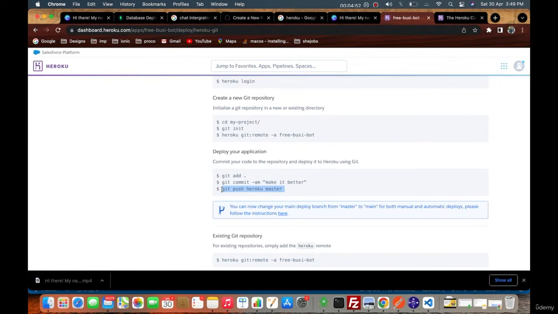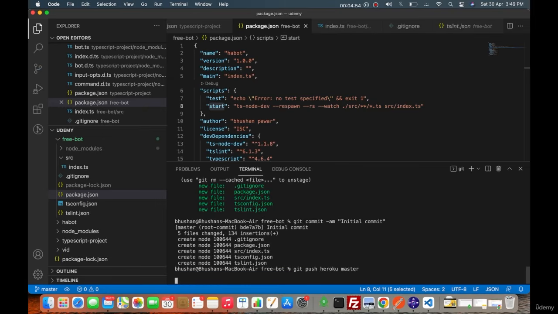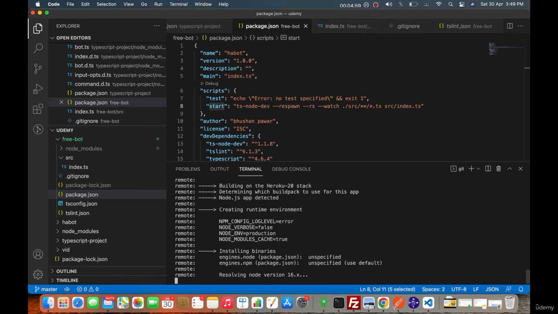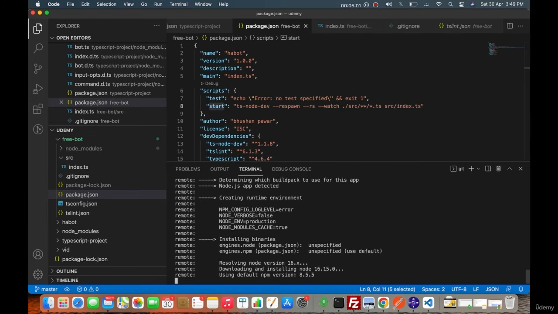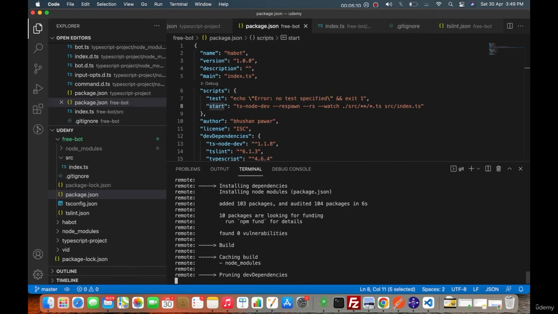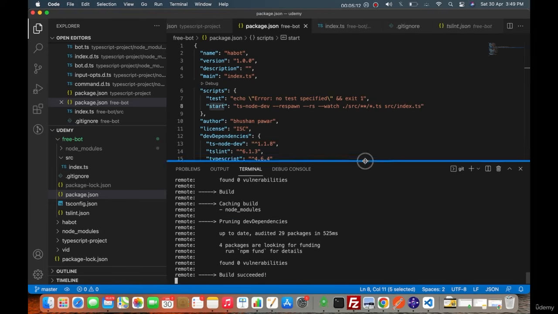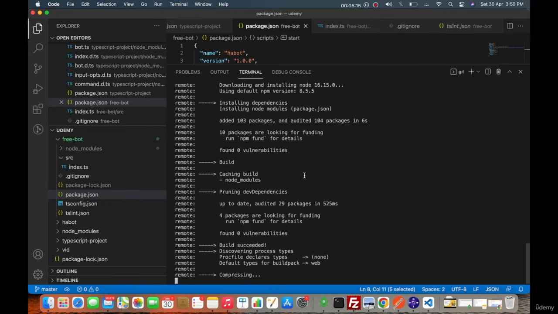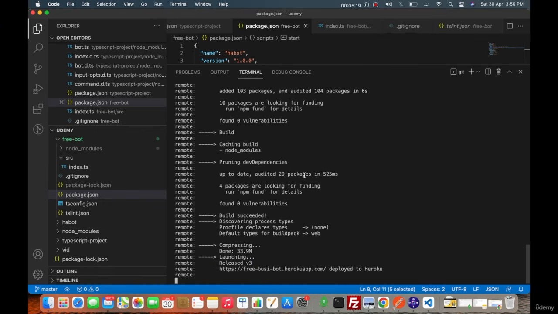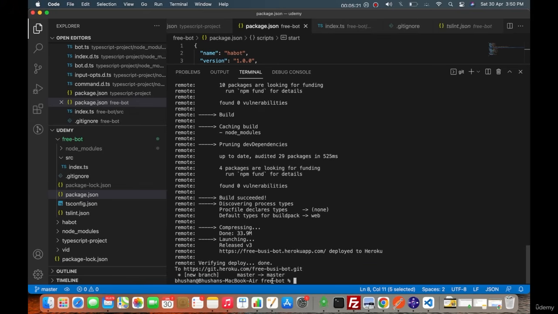Heroku master. If you use plain git, that actually goes to origin master. In this case origin is Heroku, so they have tweaked that command to push it to that Heroku git repository. As you can see, it is doing other work on our behalf, like building and pushing it. And if you visit this URL,